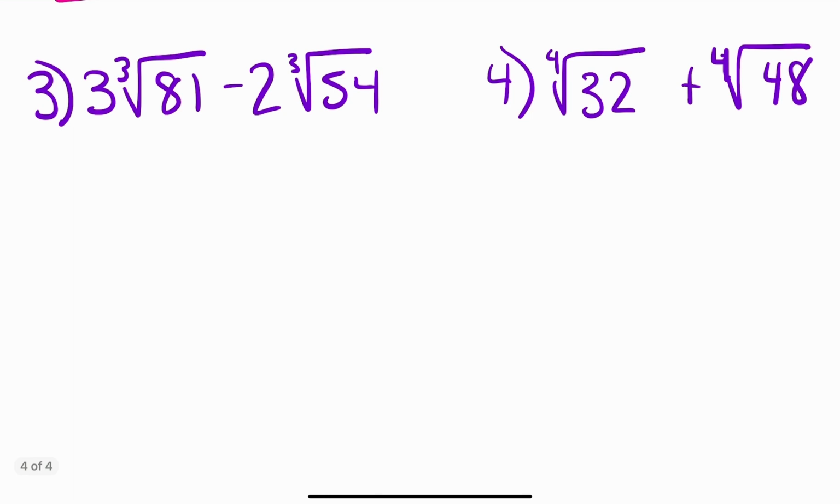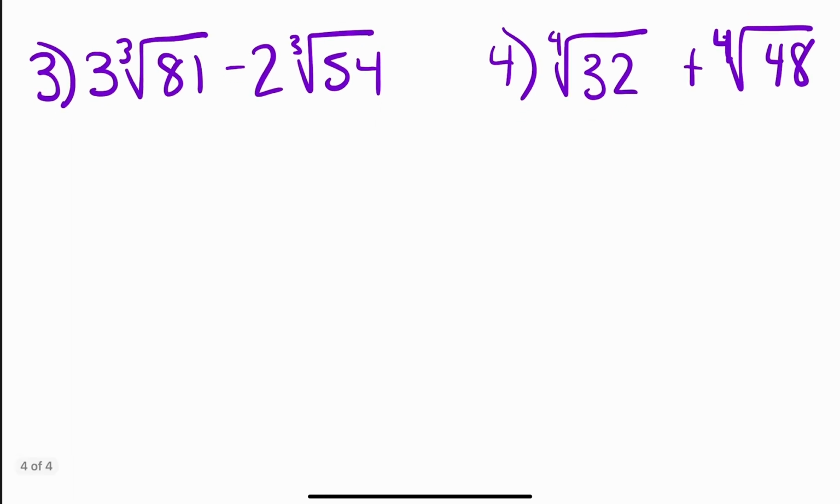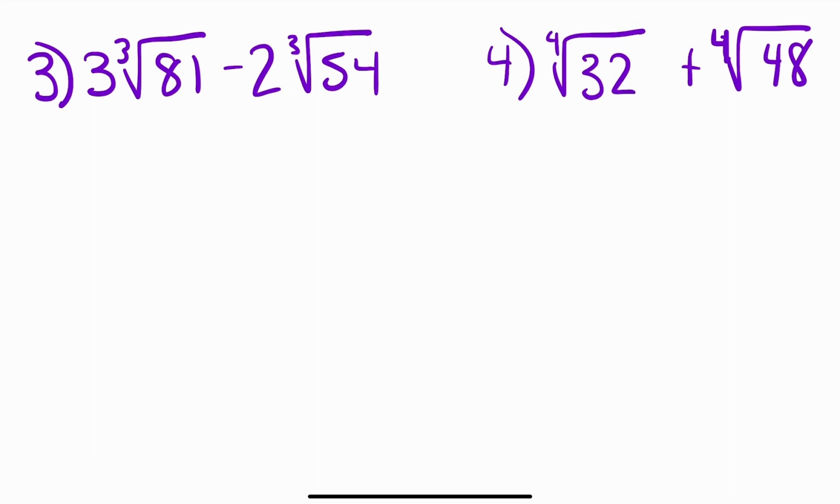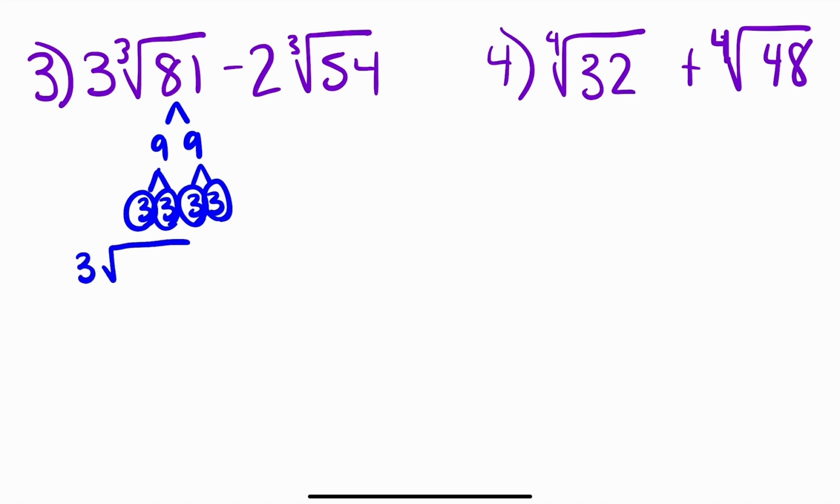So now we have cubed roots. So let's factor these down. What do I think of here? I think of 9 and 9. I feel like I had a little brain fart there. And then 3 and 3. So those all are the prime factorization. So 3 times the square root of 3 times 3 times 3 times 3